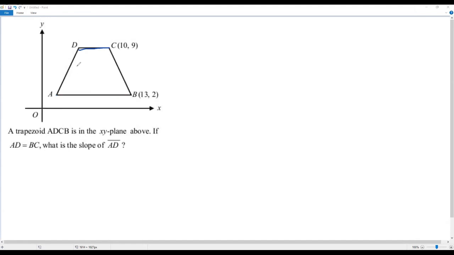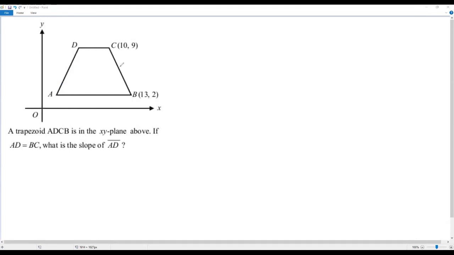So here we have two line segments AD and BC with equal length, and these two line segments are between the same two parallel line segments CD and AB. Whenever we have two line segments with equal length between the same two parallel line segments, then whatever slope we have for this line segment, we have the same slope for this one as well, with opposite sign, because this is a falling line and this is a rising line. Once we get the slope of BC, the same slope can be considered for AD